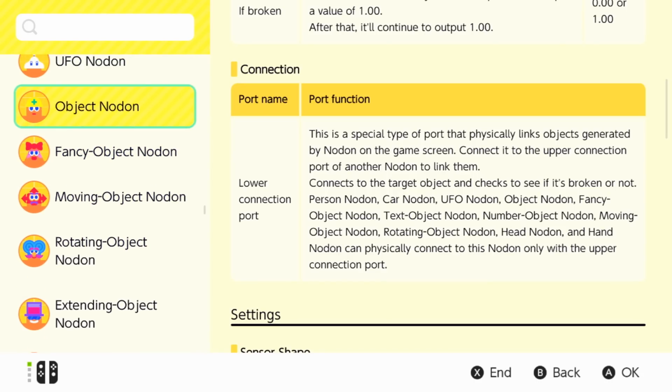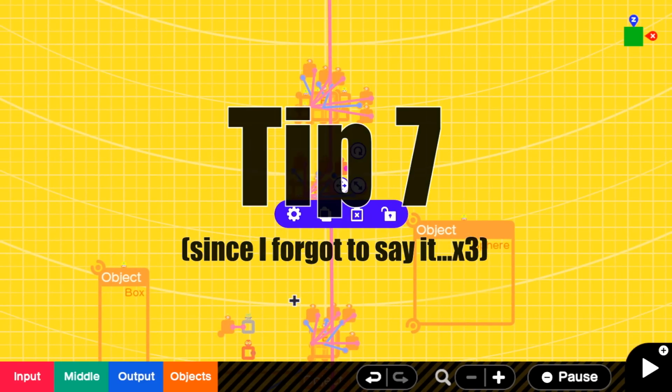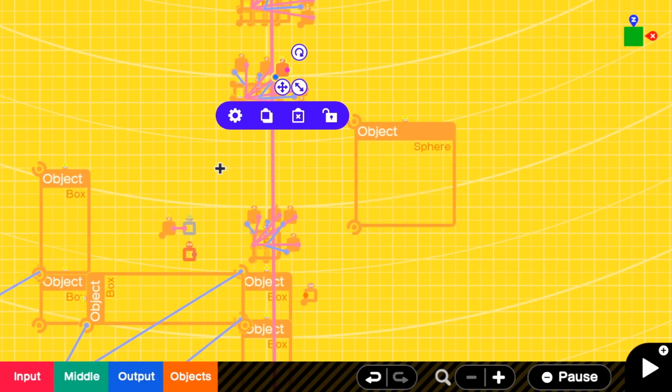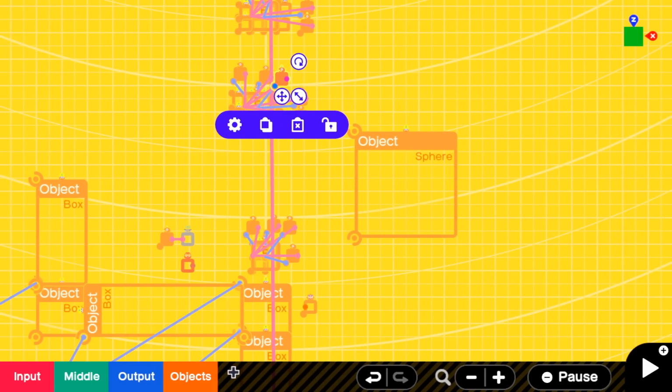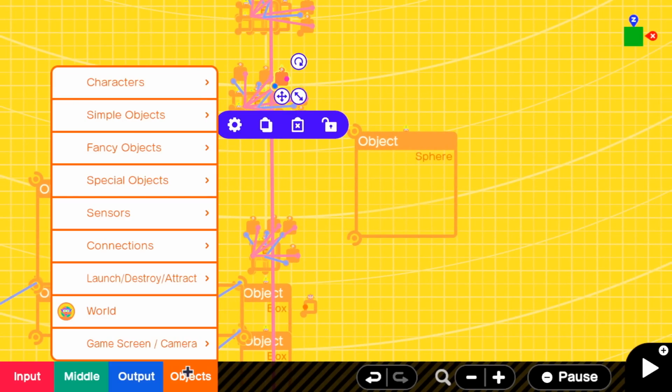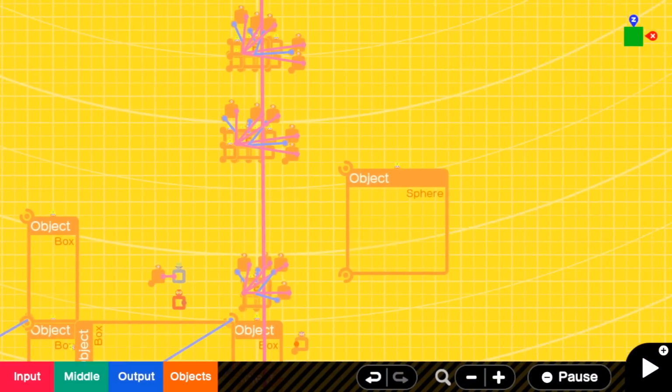Finally, if you're anything like me, then you probably have nodons all over the place, and it might be a complete mess, making it pretty difficult to find the exact ones you want. However, for single-use objects, there's a much faster way of accessing them rather than trying to find them through your code. And that's the fact that for things like the camera, or the game screen, or the world, if you just tap on the nodon from the menu, it'll take you right to it because there's only one that